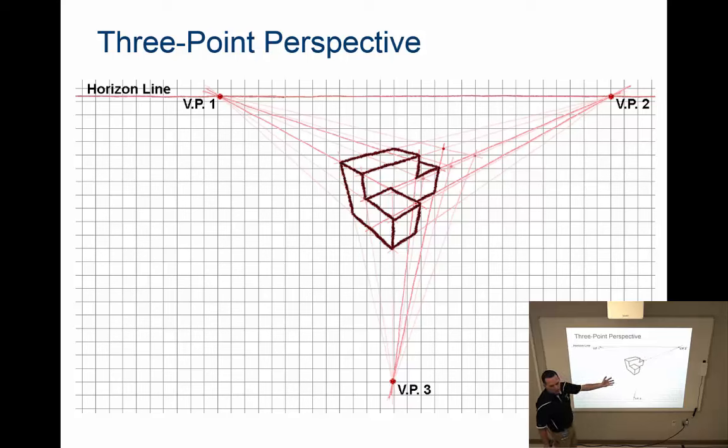And the only difference between, let's say, the 2-point and the 3-point perspective is we now have a vanishing point that sits below the object. And with that vanishing point, all of our lines, instead of being completely vertical like they've been in the two previous examples, all my vertical lines now trail down to this third vanishing point. The process is pretty much the same as a 2-point perspective, except we now have a vanishing point underneath the